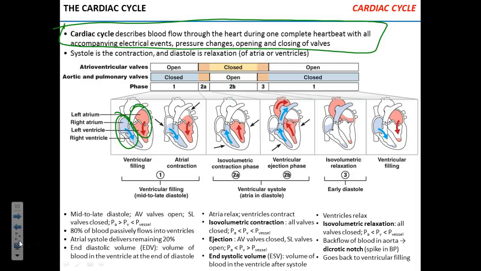Okay? Why I'm telling you all of that is because we're going to look at only one side. It just doesn't make sense to look at both because they are identical, just different valves that we talk about. So I'm going to use the left side as an example. It's just easier because I'm used to saying blood gets into the aorta. And it's mostly systemic circulation that we care about. It's the systemic blood pressure that we measure. Okay? We good? So, let's take a glance at what happens in the heart during the cardiac cycle.